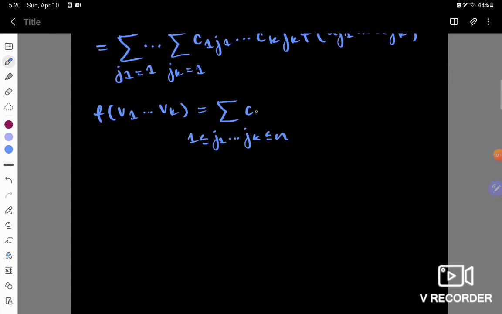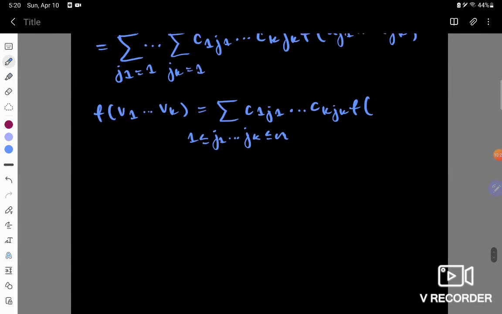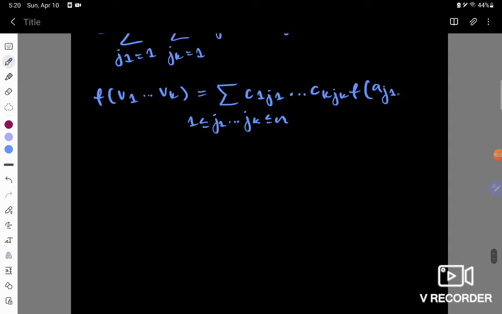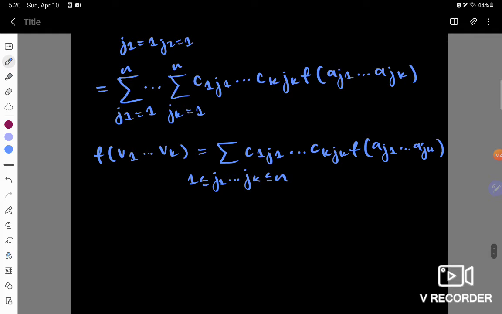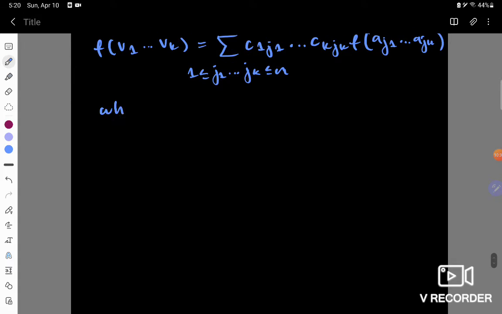And then this is over the scalar product first, c1 j1 to ck jk for both of those indices, and then f, how it acts on these basis elements. So f(a j1, ..., a jk). All right, so quite a large sum going on here, or quite a long sum. And we will just conclude by simply stating